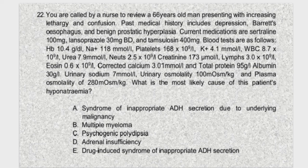Blood test as follows: HB of 10.4 g per deciliter, sodium of 118, sodium has reduced, platelets of 168 seems normal, potassium 4.1 normal, white blood cell 8.7 normal, urea 7.9, neutrophil 2.5, creatinine 173 micromole, lymphocytes 3.0, eosinophils 0.6, corrected calcium